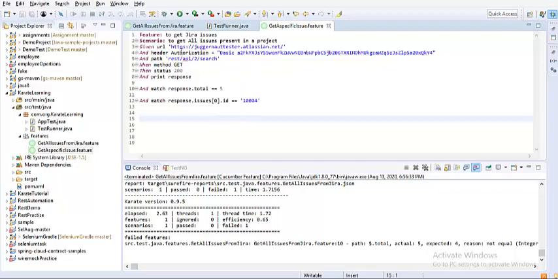Feature, again, it is getting the Jira issues. And for the scenario, let's add a meaningful name: get a particular issue record present in a project.